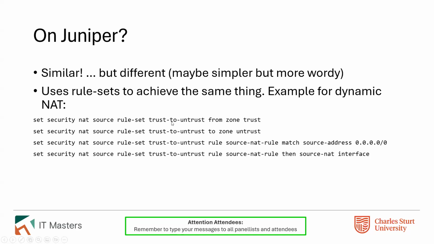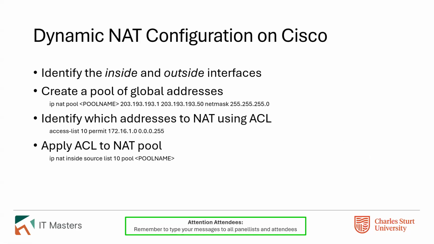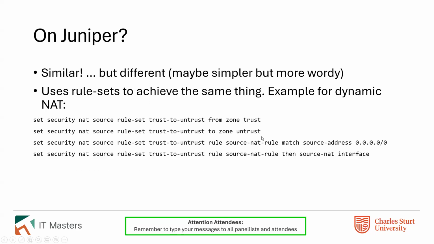So it's more words than the previous versions, but it is a much more straightforward solution. And it means that if you change your internal addresses or if you add more networks to your trusted zone, you don't have to do anything special. And similarly, if your outside addresses change or you need to add additional interfaces to your untrusted zone, let's say you pick up a second internet service provider, again, you don't actually have to do anything for the rules to still work exactly the way you wanted them to.